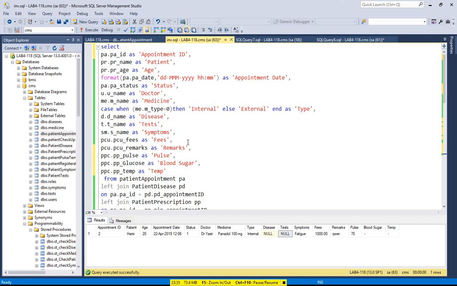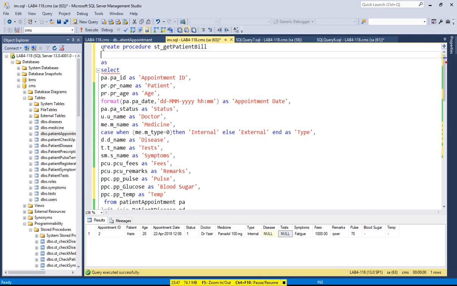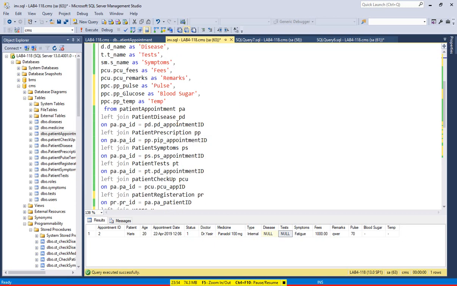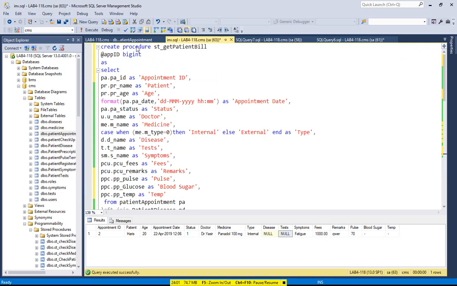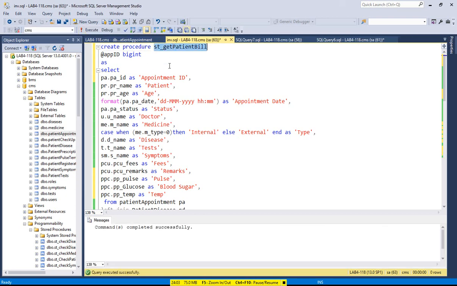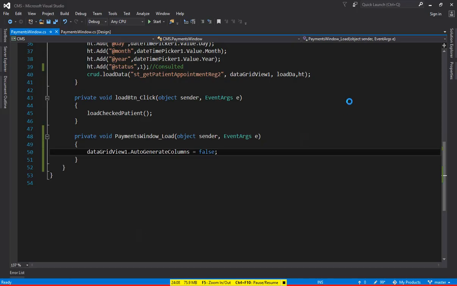And now what you can do, you can create the stored procedure for this. So create procedure st underscore get patient bill as, specify at the rate appointment ID, that is big integer, and then here you can specify the at the rate appointment ID, and then execute. Create procedure, create patient, get patient bill. Now what you have to do, we have to come here